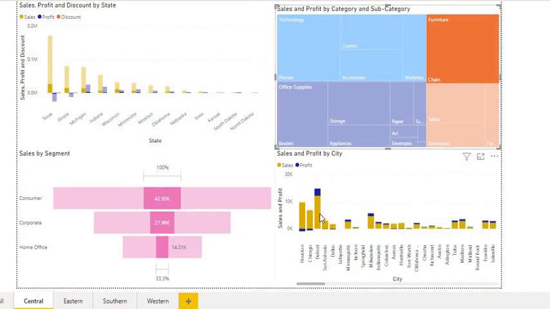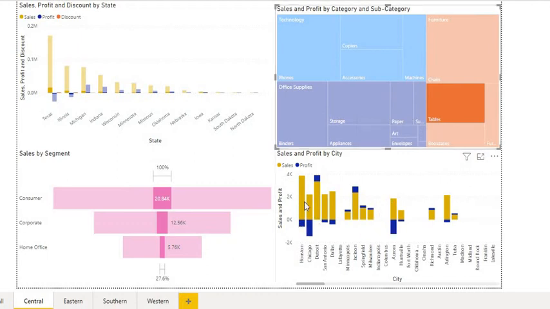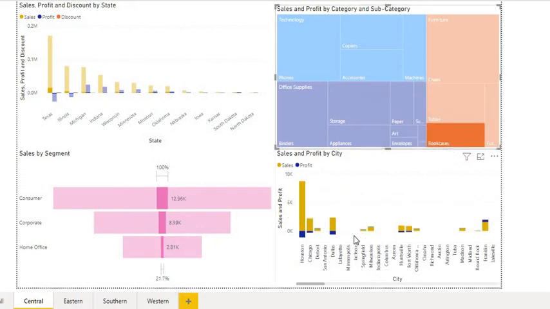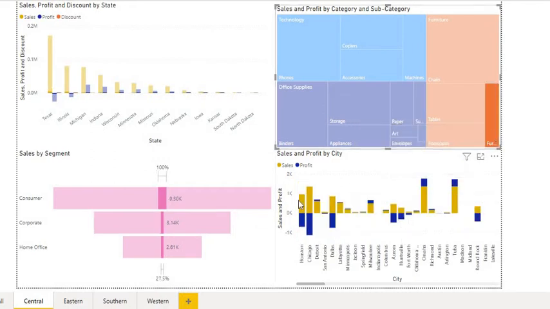As for furnitures, chairs are doing good in most of the cities. Tables are not doing good in most of the city. There is loss, and the loss is quite high. Bookcases, mixed. Although in Houston the sales are high, there is loss in Dallas as well. So these cities need attention when it comes to sales of bookcases. Furnishings. In furnishings as well, we will see that most of the cities are not doing well, and that same picture is reflected in the states as well.